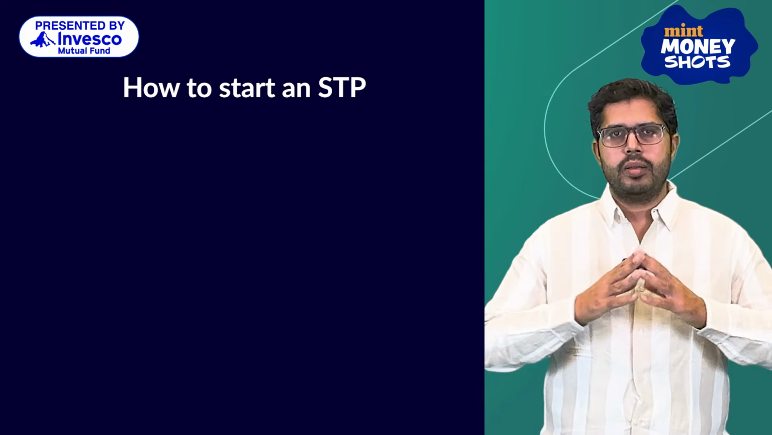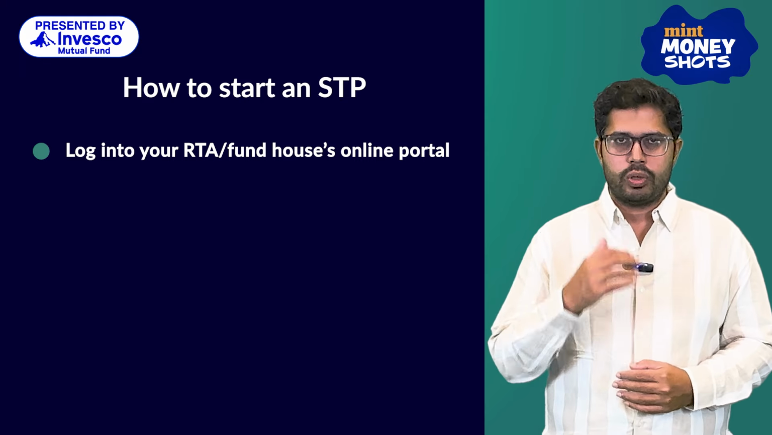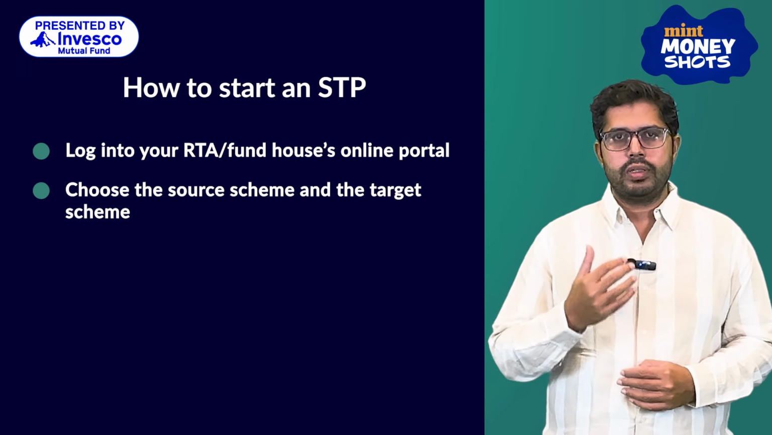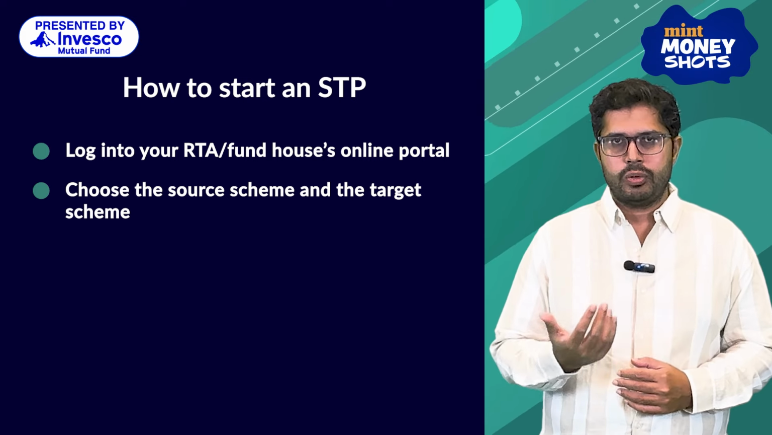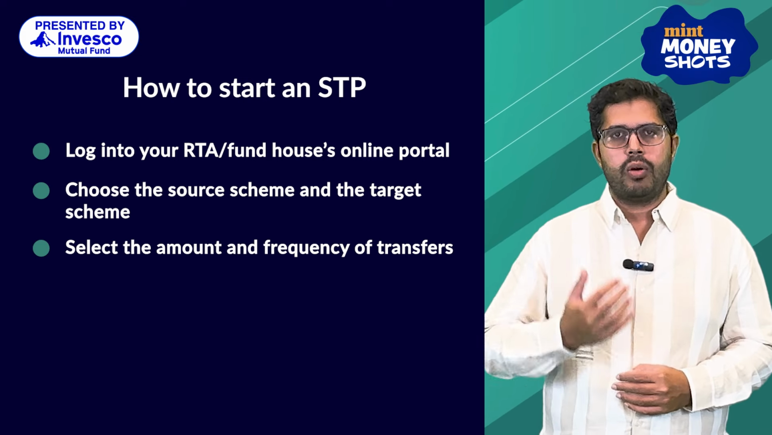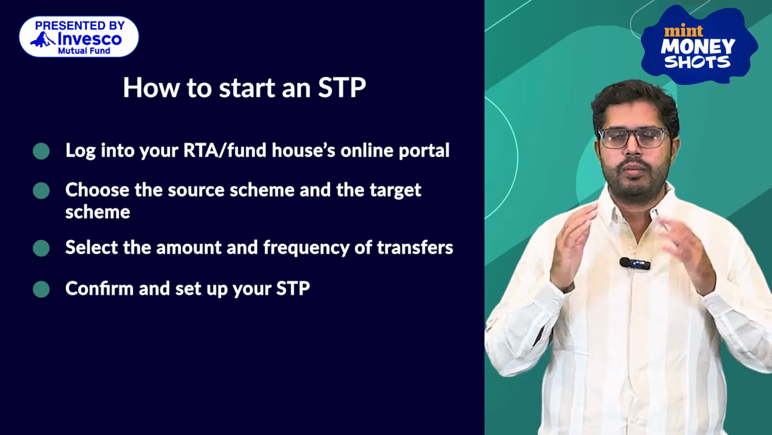Starting an STP is simple. Number 1, log into your RTA or fund house's online portal. Number 2, choose the source scheme and the target scheme or schemes that you want to transfer to. Third, select the amount and the frequency of such transfers, such as monthly or quarterly. Number 4, confirm and set up your STP. You are now set to transfer systematically